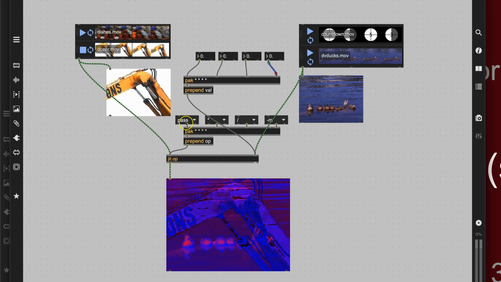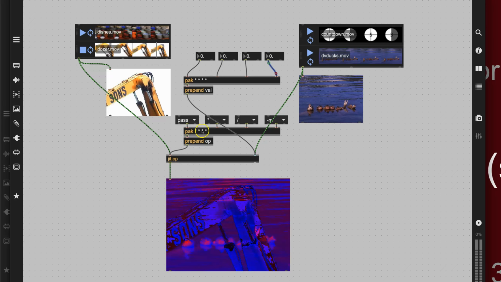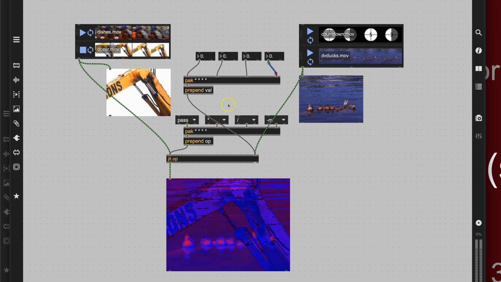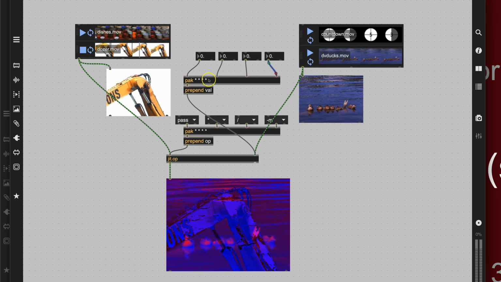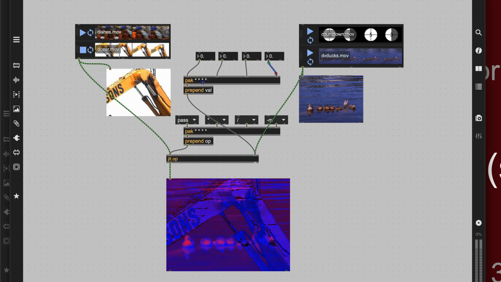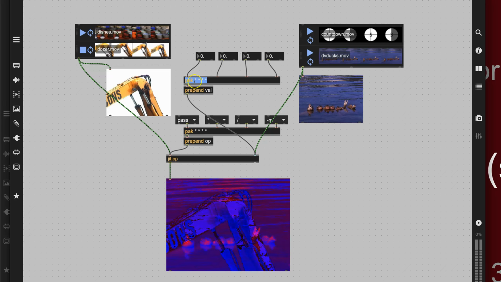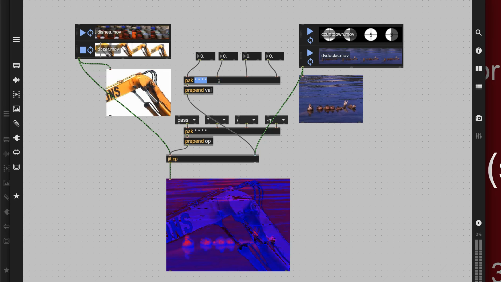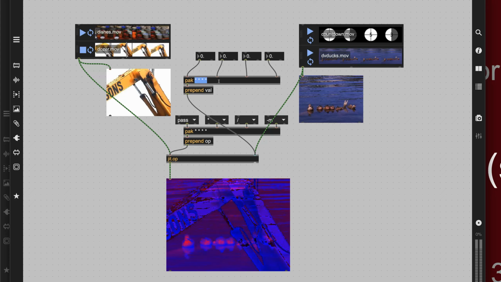However, what this thing is doing is preloading them as multiply, multiply, multiply, multiply. And that is not going to work for a number coming in because it won't be able to understand what's going on. So we have to get inside this POC and put in 1.0